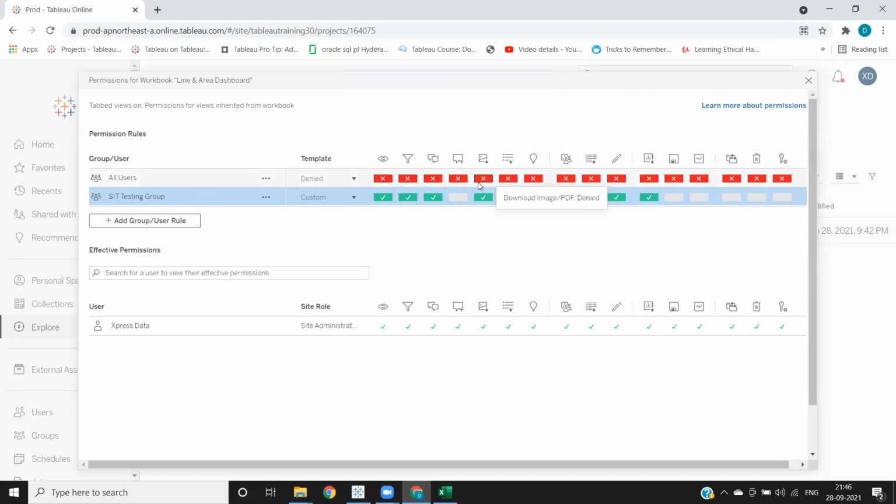This is a very important point to understand, so let me repeat it again. If a user is part of this all users group, and he is not part of any other group, then that user will not be able to access any report, because by default we have denied him permission here. Like this, we can give permission at group level to our reports, so that our reports are secured at server level.